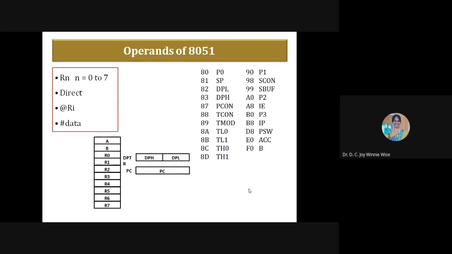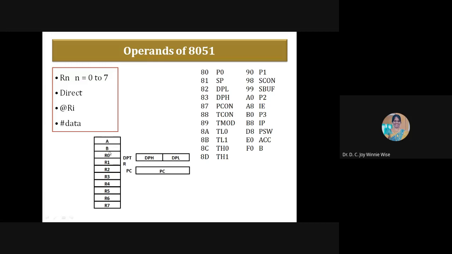So these are the operands available in 8051. The register RN, that is R0 to R7. Then direct, which is used to refer to the special function registers, stored in an 8-bit address. And @Ri is indirect addressing. And immediate data, we have #data.